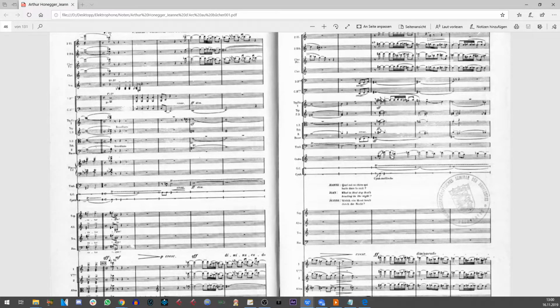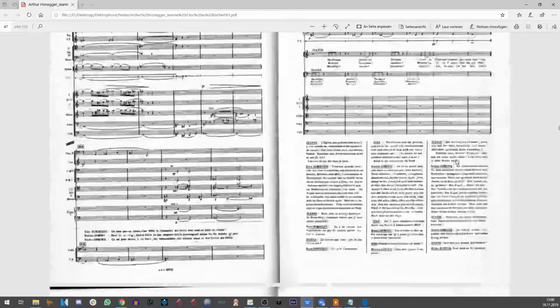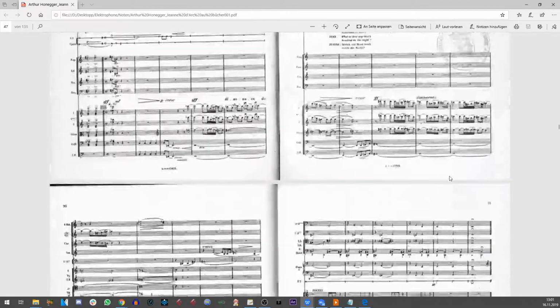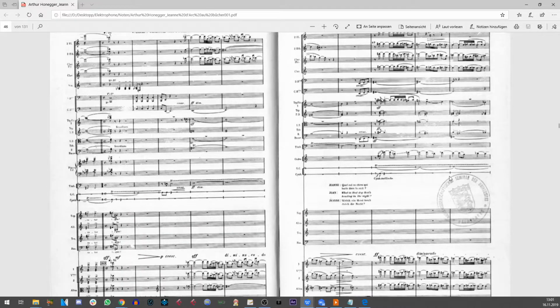I personally, when I heard this, thought of aliens. You might have thought of aliens as well when you heard this being played by the Ondes Martenot. But it's used effectively for really dramatic scenes, or at least the scenes that I showed were rather dramatic, and the Ondes Martenot increased this dramatic effect. Okay, let's move on to the next instrument.